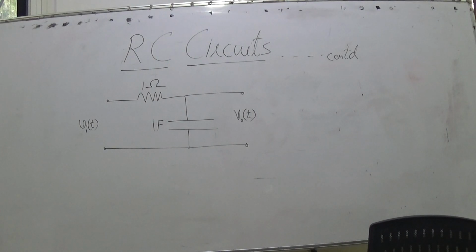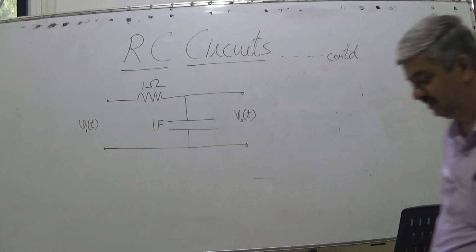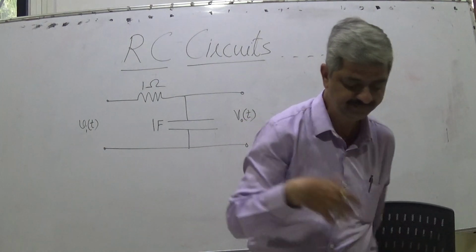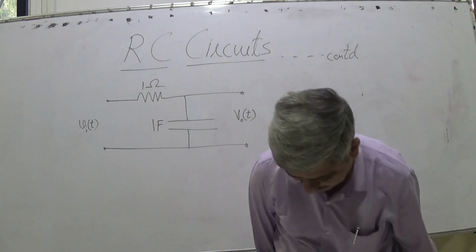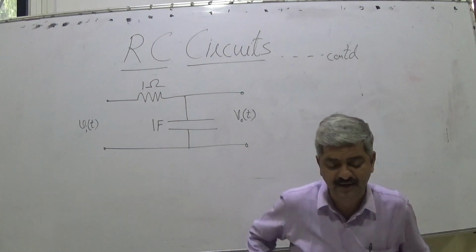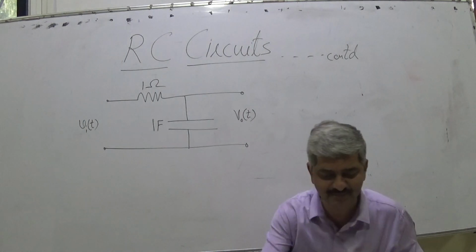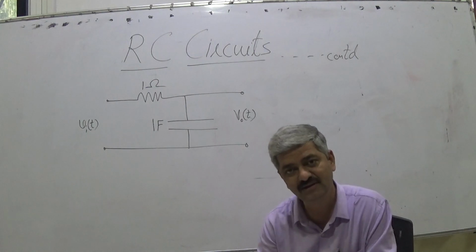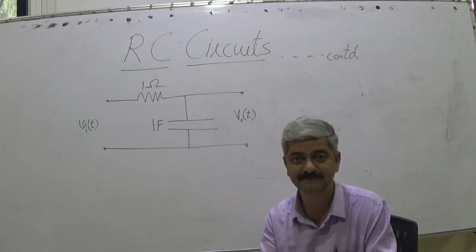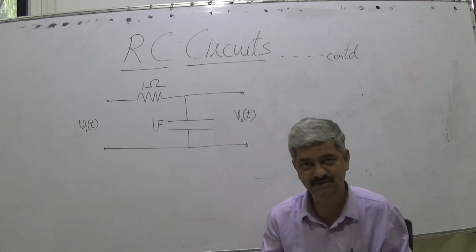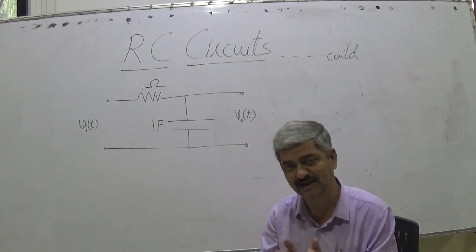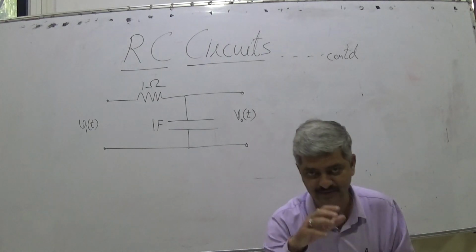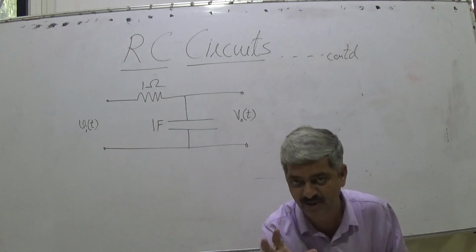Now we continue the discussion on RC circuits. As told earlier, this is a very interesting aspect and the exact application of differential equations. It is a very simple circuit, just one resistor, just one capacitor, and how we can get various options for various inputs and depending upon the initial condition of the capacitor. So we will spend a lot of time on discussion of RC circuits.